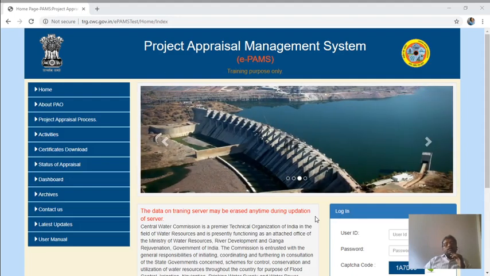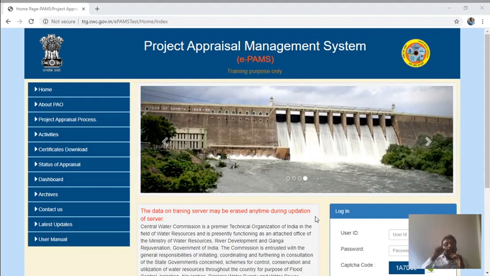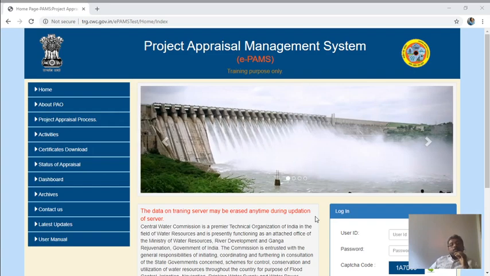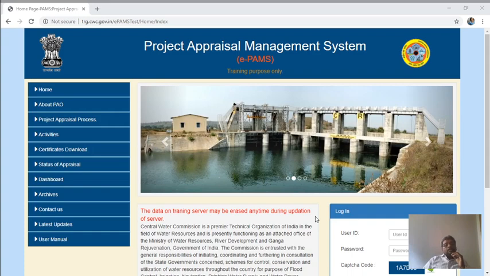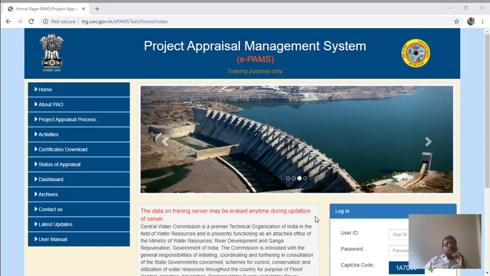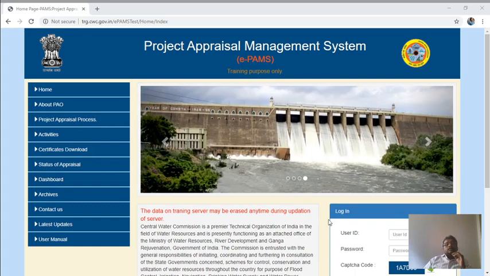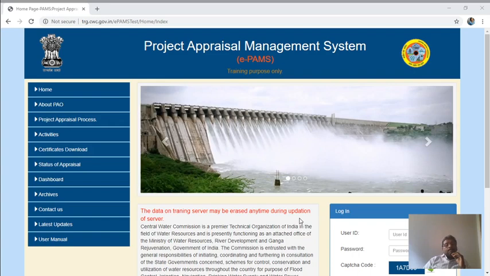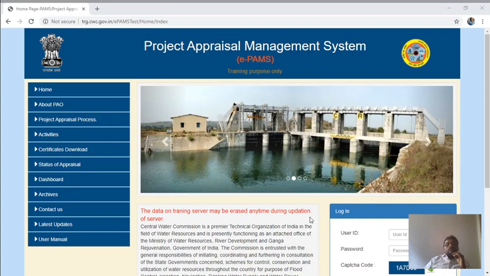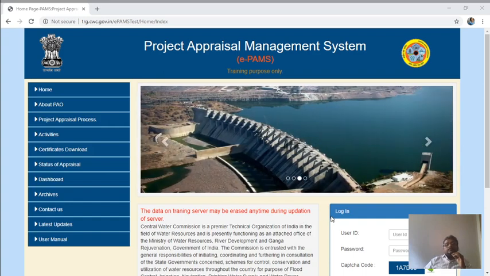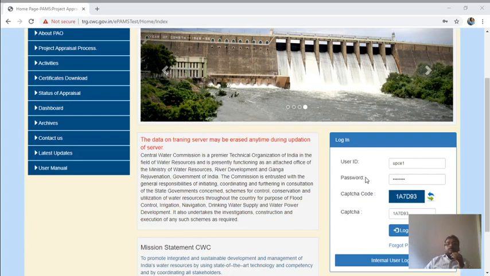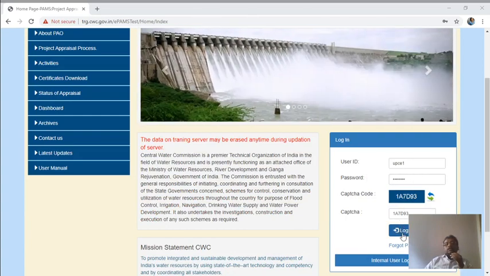I am going to present here the RCE concept, which is present in the irrigation module. There is the concept of RCE in irrigation. So I am going to present how one can submit the RCE of an already approved project. RCE can be applied by the chief engineer in the same way as a fresh proposal, by doing login in the system. Here I am doing login with UPC even as a chief engineer login.